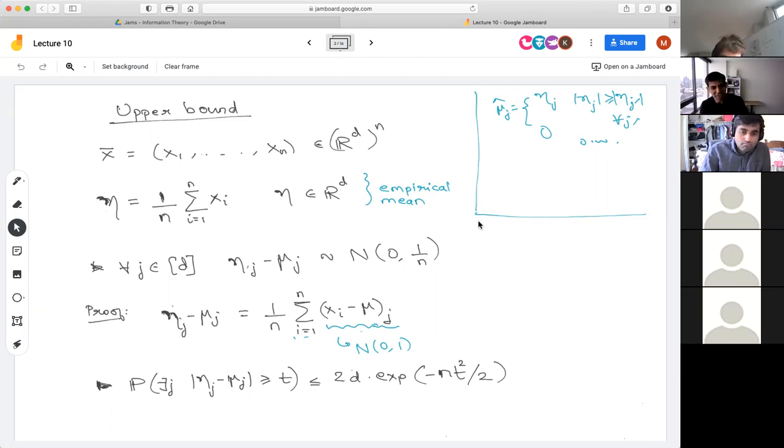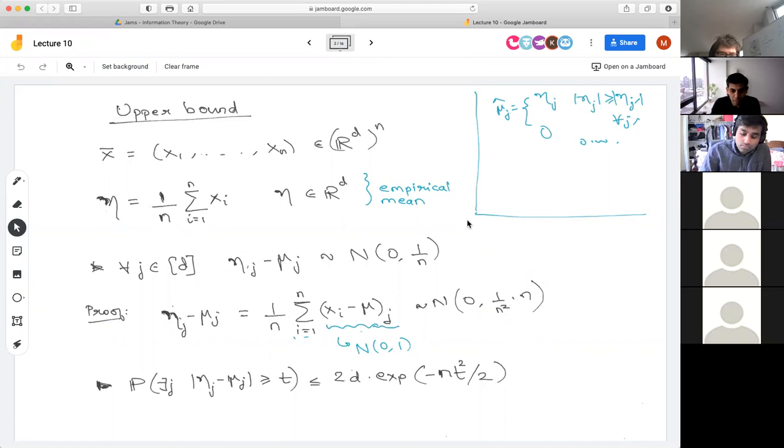And so because you have a 1 over n sitting in front, you will get 1 over n squared times the sum of the variances. The sum of the variances will be n, so the mean will still be 0, and the variance will be 1 over n squared times n, which is 1 over n. Okay. And using this, we can get a fairly strong concentration bound that the empirical mean has roughly the same kind of entries as the true mean. So for every coordinate j, the jth entry of the empirical mean and the jth entry of the true mean,